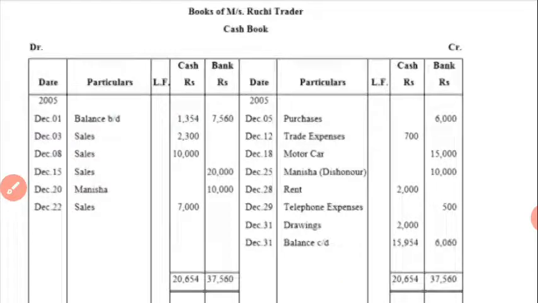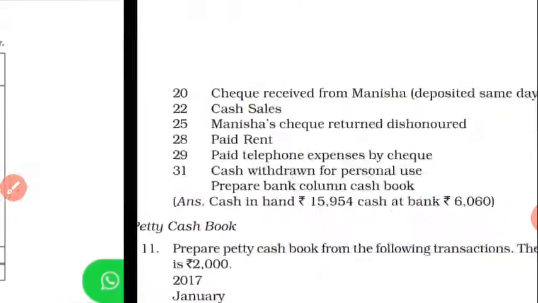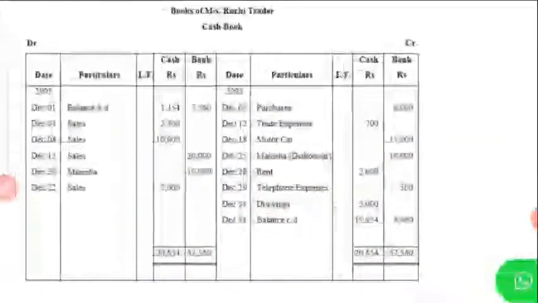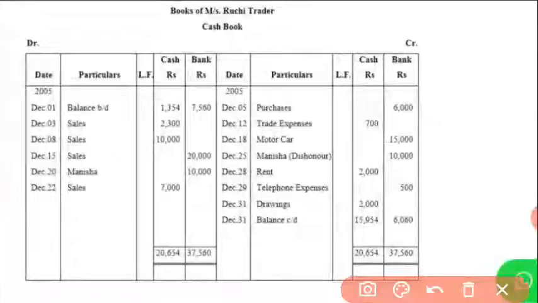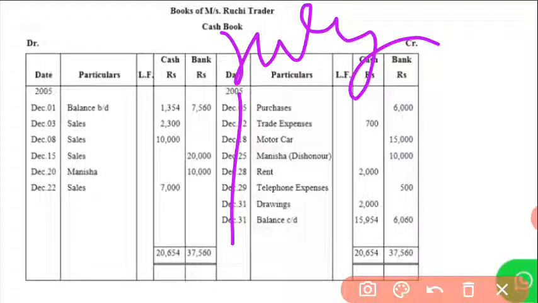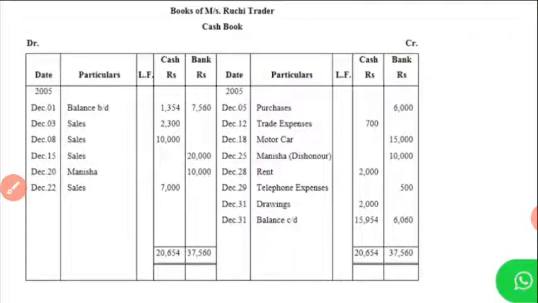You can do the correction, it is by July, that I confirm first. Okay, yes beta, it is July. So here you have to write July. In the month of December you can use July, or if you are using December, then it is also no problem. So in the question you have to do the correction, that is month December.